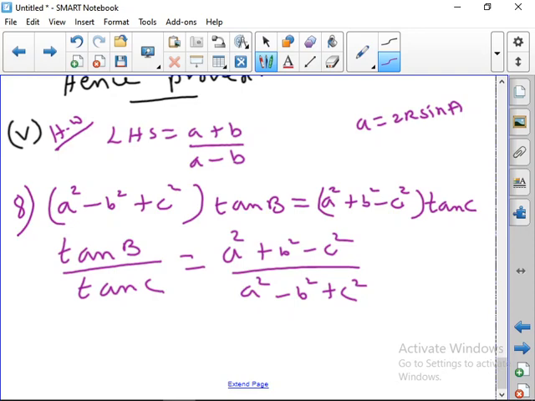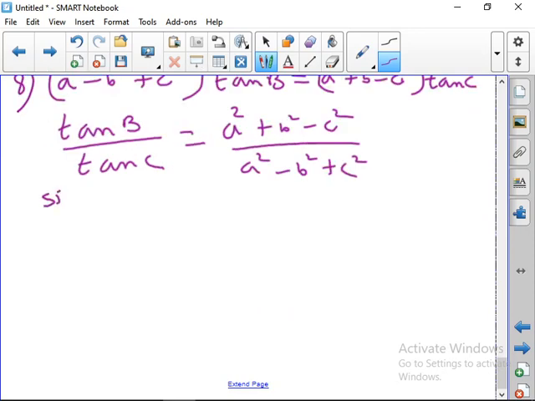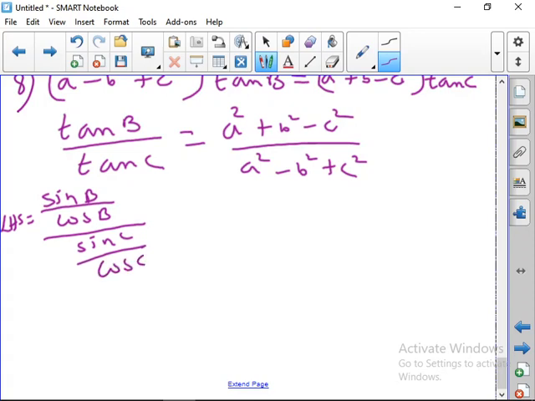இதை எழுதிட்டு then for tan b is what? sin b by cos b. Take the left hand side. Okay, and tan c is what? sin c by cos c. Now you use sine and cosine formula. Okay, sin b இருக்கு, cos b இருக்கு, you know cosine formula and also law of sine. ரெண்டையும் யூஸ் பண்ணி முடிச்சிங்கன்னா you will get the answer. So eighth question also you can do it for homework.